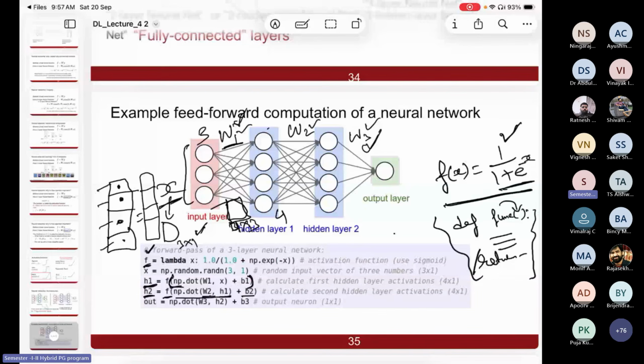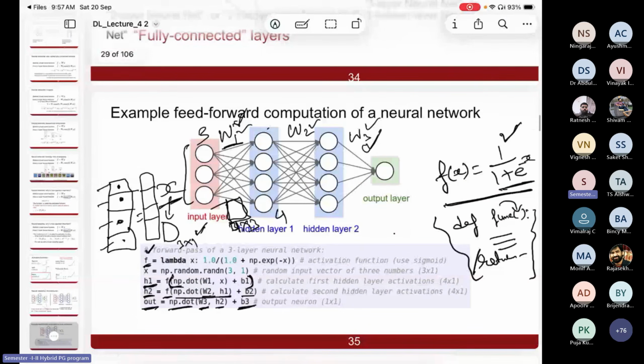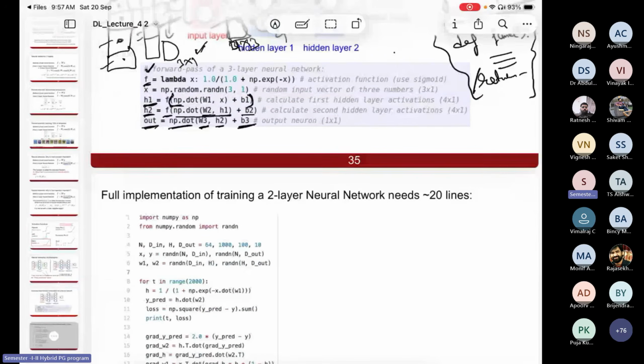Now this H2 is given to the third layer. So W3 into H2, and you are applying the np dot function, and then you are adding bias. And this is the final output you are getting. So maybe if you have only 3 layers, then I'll be going in this way. Okay. So I've just given you the basic designing of the architecture,